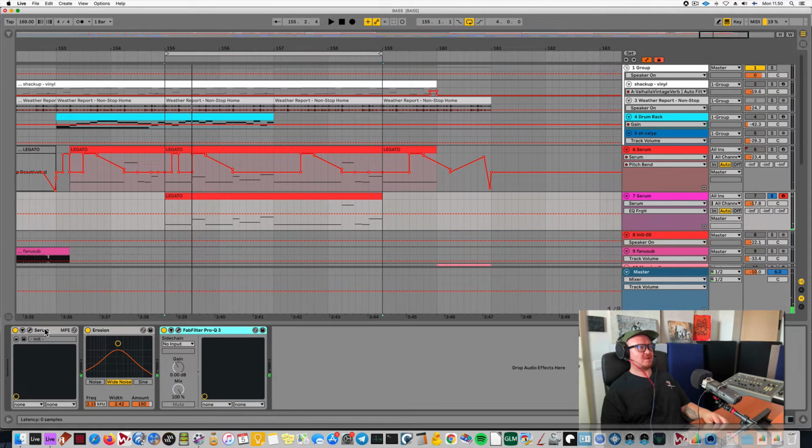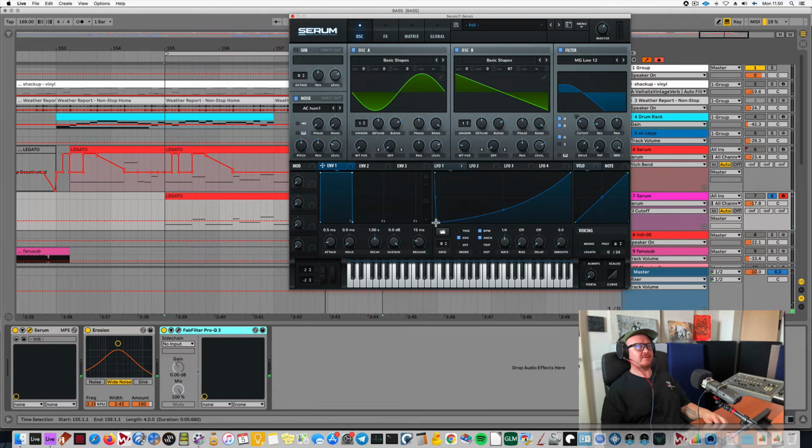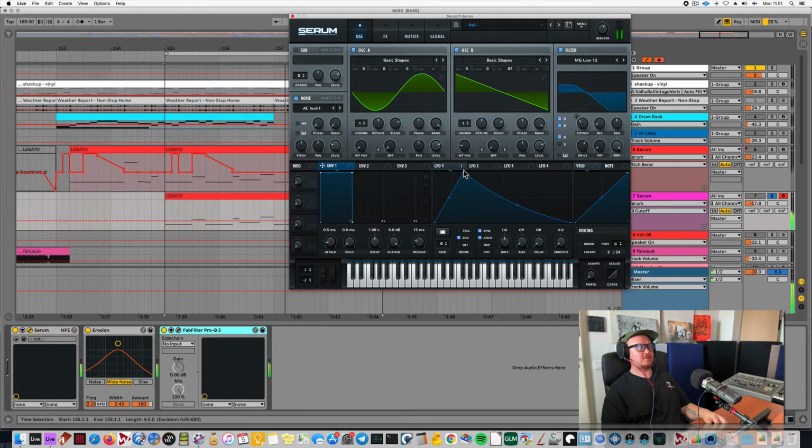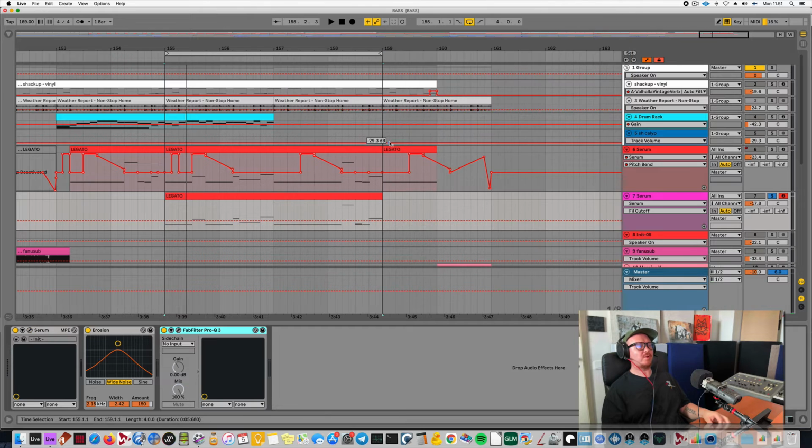Okay, one thing here, I don't like how the filter kind of slowed down the attack of the sound. Okay, this will do. So I'll just tweak how the LFO affects the filter, because it sounded like it fades in kind of too slow in a way. But let's talk about pitch bend a little bit. So what I've done here is I'm using the pitch bend of Serum,